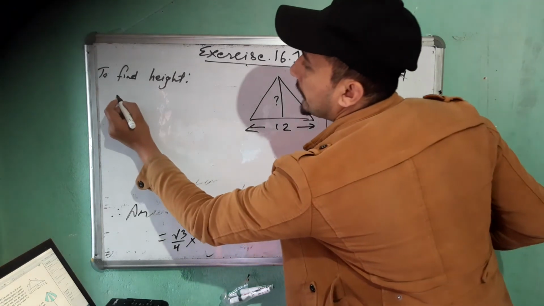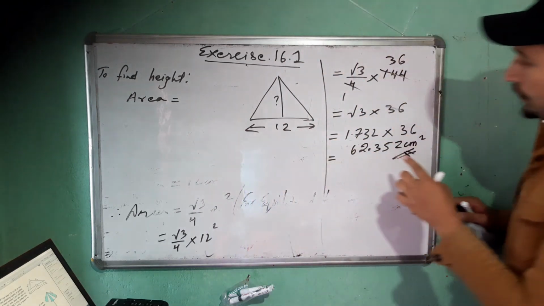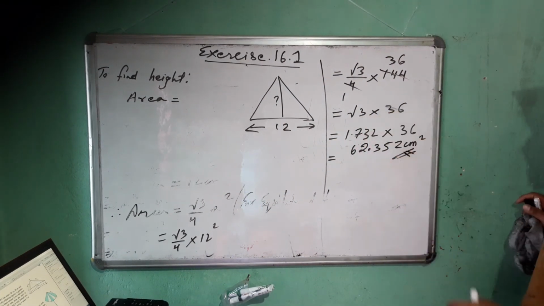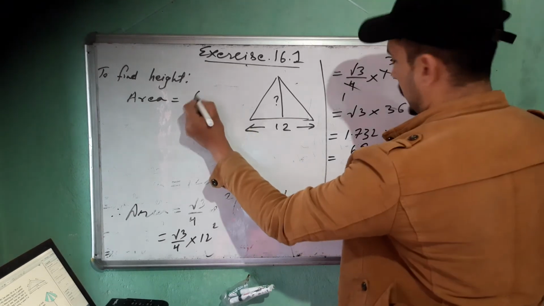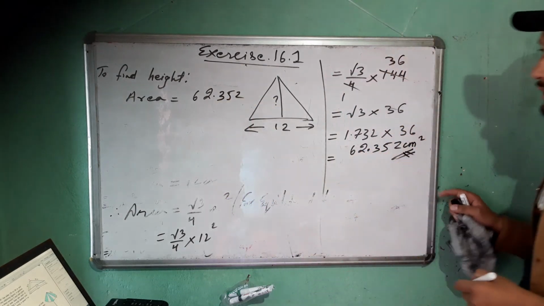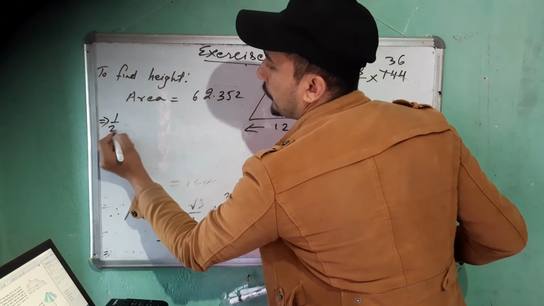To find height, area is equal to this value, or you can write 36 root 3, or you can write this value 62.352. Area is this much. We have got this. So put the formula for area: half into base